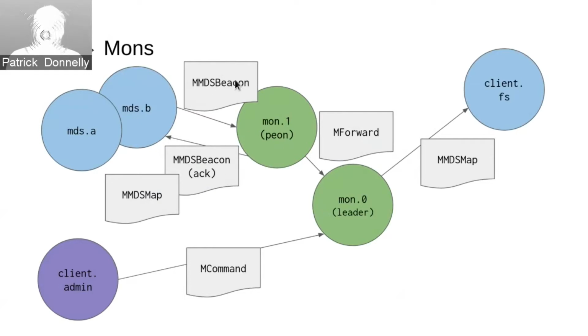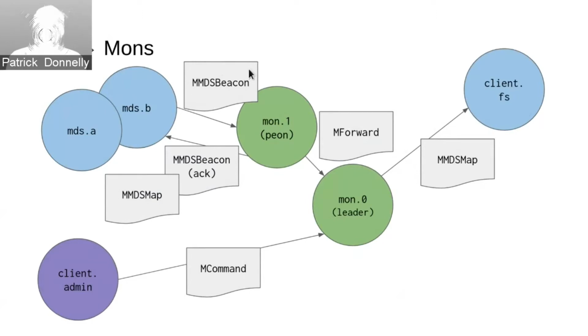The beacon messages we're going to get into more later, but one of the reasons why they're very important when looking at the MDS monitor is that they drive state changes for the MDSs. If, for example, an MDS is in the replay state, so it just took over for a failed rank, only when it's done replaying is it going to tell the monitors, okay, I'm ready to move on to the next state. And it'll mark it as,